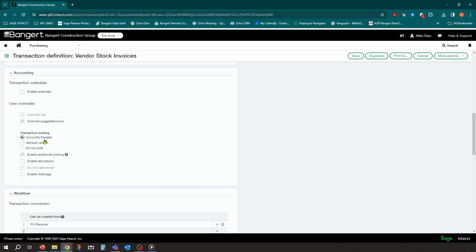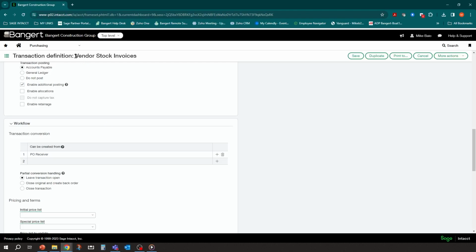and there's going to be a place to set it up for general ledger. And so you'll see here now, in addition to the normal accrual entries in the system, we also want to do some other things. So we're going to enable additional posting. And if you remember back when we set up the purchase order for stock, we said we want to post it into this committed cost entry. So we need to take it out of that entry once we turn it into a live accrual entry. And that's what this enable additional posting is going to allow us to do. And you'll see that when we get into the posting section next.